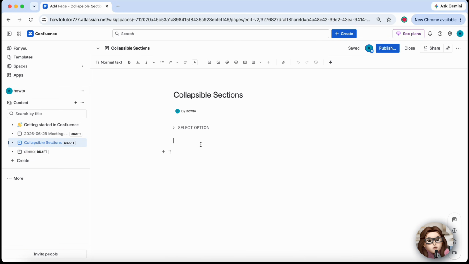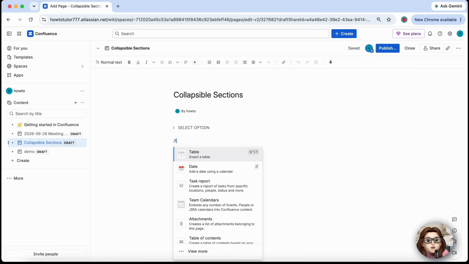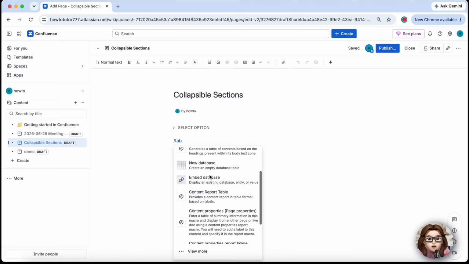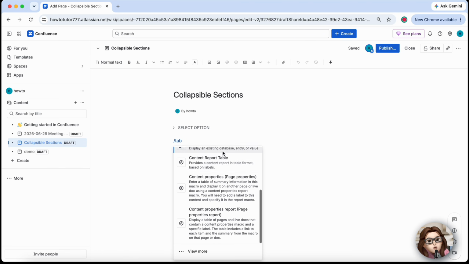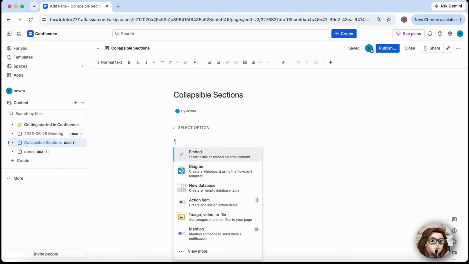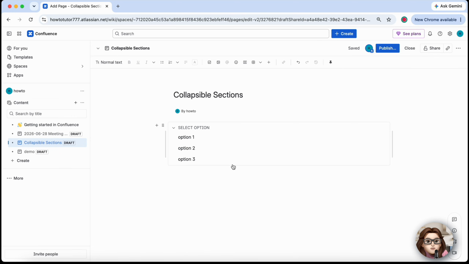After installing a tabs app, edit your page and insert the tabs macro using the / command. Create individual tabs, give each one a title, and add the content you want inside each tab. Tabs are ideal for product information, project dashboards, documentation categories, and content that users need to compare quickly without scrolling